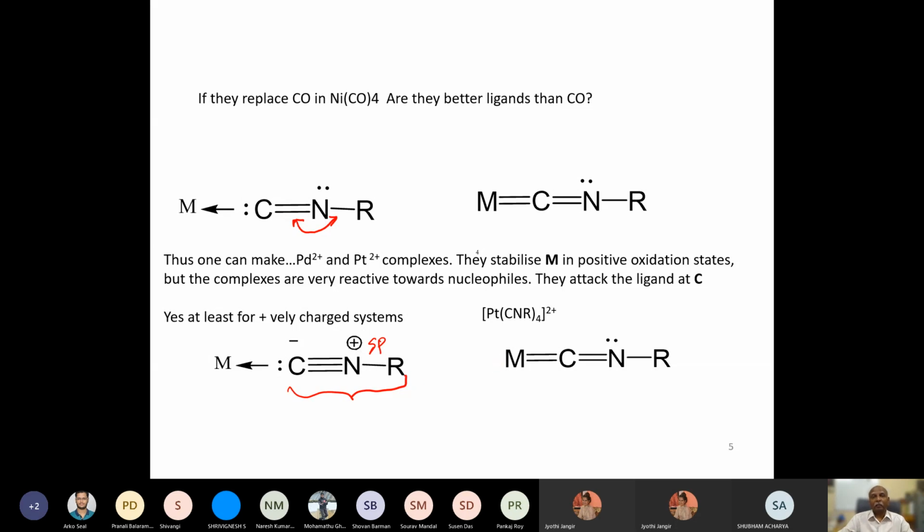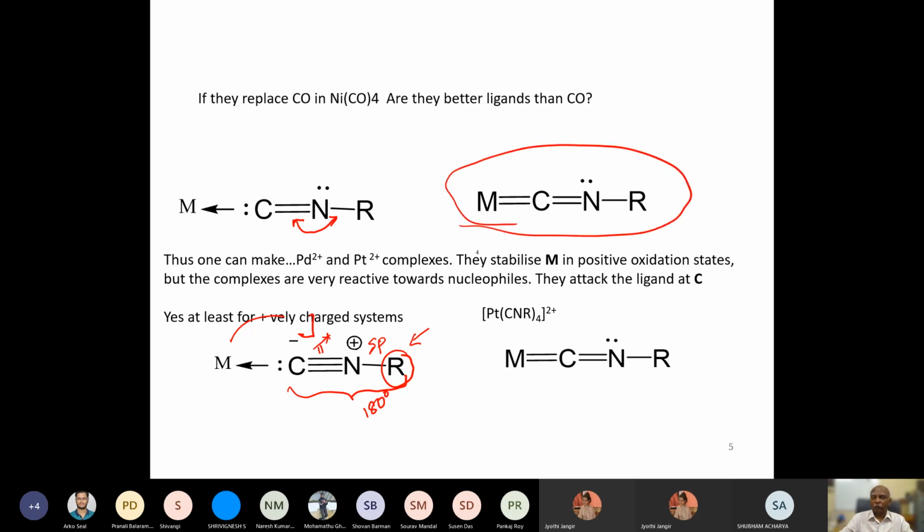In most of the alkyl isocyanide complexes, the alkyl group is found in a linear geometry. So this angle is 180 degrees. So this is a significant contributor to the structure. That means even if it had a C double bond N, there would be a pi star, but C triple bond N would have two pi star orbitals, which can accept electron density just like carbon monoxide. And if the metal pushes electron density into the pi star orbital, then you will have a form which is similar to this, okay?